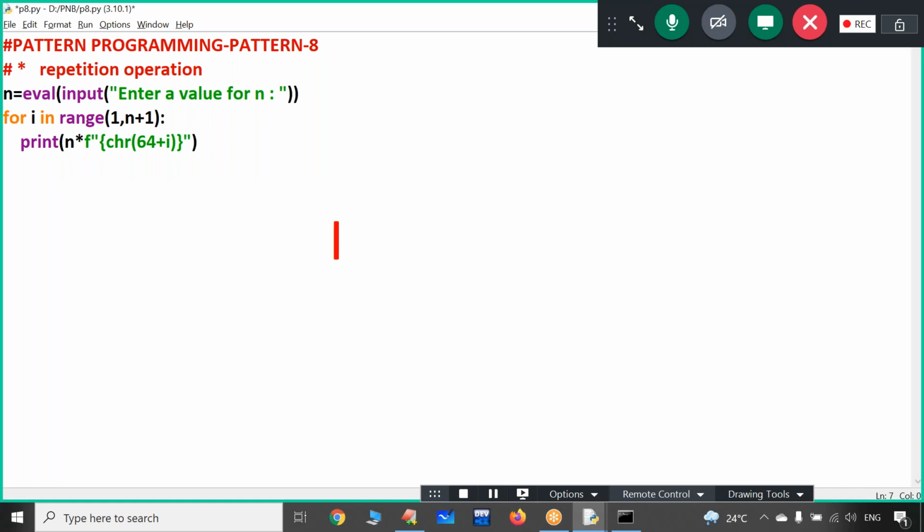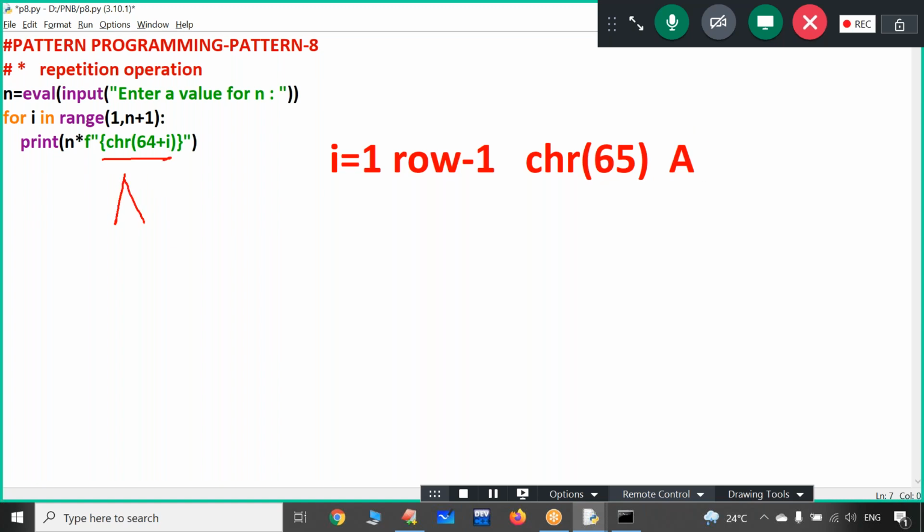Suppose I value 1 means it is row 1. Then the character representation of 64 plus 1 means what? 65. What is the character representation of 65? Capital A. The meaning of this total thing is capital A. How many times? N times.